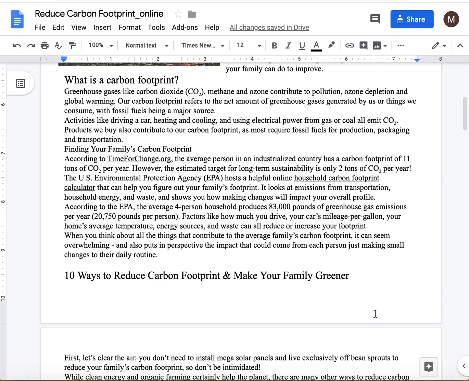Finding your family's carbon footprint. According to timeforchange.org, the average person in an industrialized country has a carbon footprint of 11 tons of CO2 per year. However, the estimated target for long-term sustainability is only 2 tons of CO2 per year. The U.S. Environmental Protection Agency, EPA, hosts a helpful online household carbon footprint calculator that can help you figure out your family's footprint. It looks at emissions from transportation, household energy, and waste, and shows you how making changes will